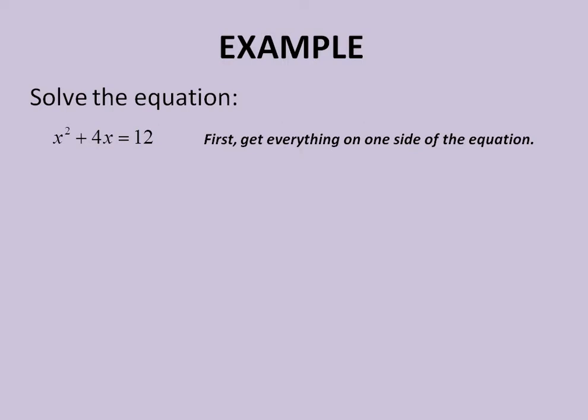So we're going to have to take this 12 here and move it over. Now, we would do that by subtracting 12 off of both sides and adjusting the equation in that manner. So we'll have x squared plus 4x minus 12 is equal to 0. Again, that's something that we should understand there, just algebraically manipulating the equation to set it up to the form we need. Now that we have this, x squared plus 4x minus 12 equals 0,